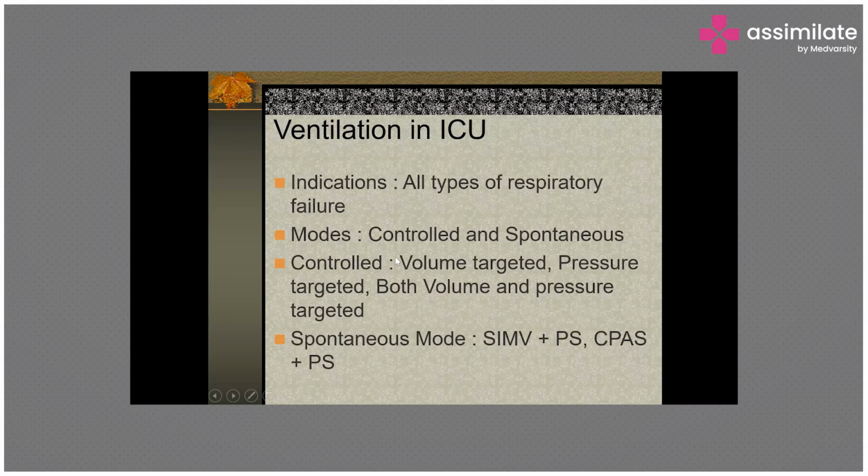As we know, in volume controlled ventilation, the volume will be controlled, the pressure will keep on changing. Whereas in pressure controlled ventilation, the pressure will be kept constant and the tidal volume will be varying. So in patients with ARDS, especially with type 1 respiratory failure, we need to keep the volume constant. The volume should not vary. If the volume is varying, that will lead to shear and stress injury to the alveoli that can cause volutrauma